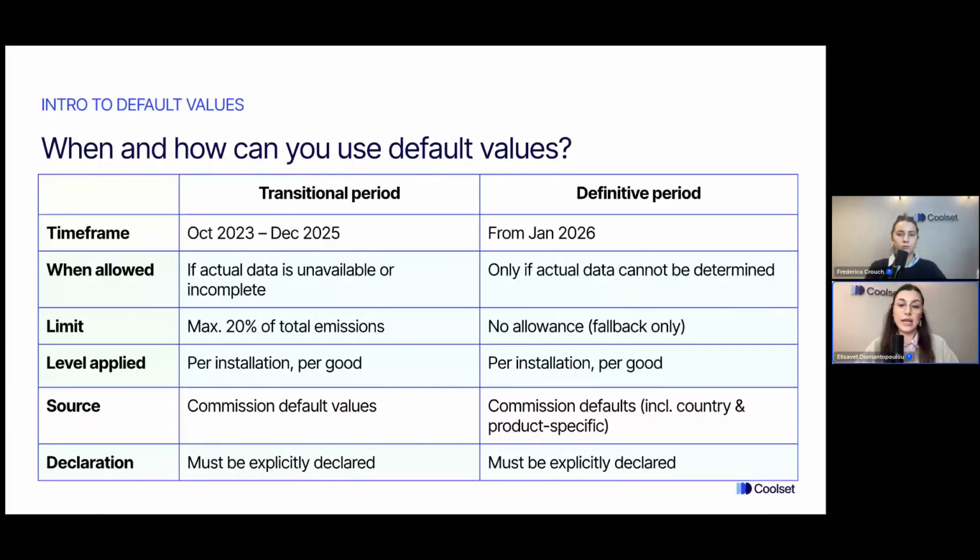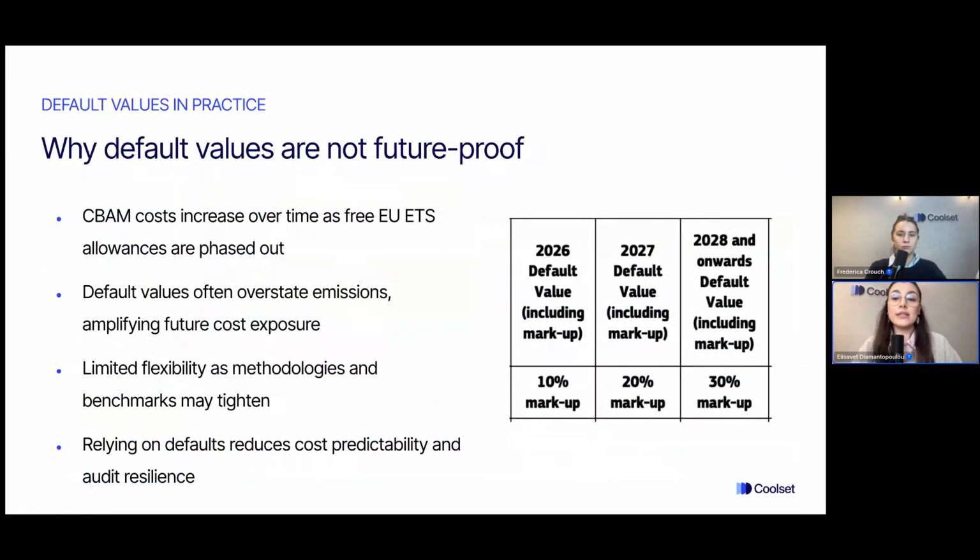obtain the actual data. Now, it is important to mention what default values are, and they are not built to be a future-proof way for you to keep doing your reporting on CBAM. By design, these values are made to overestimate your emissions, so using them long-term potentially will lead to higher costs for you. You start with a higher emissions baseline, and to add on top of this higher baseline, we